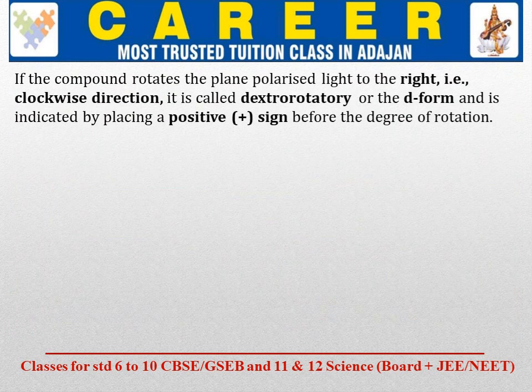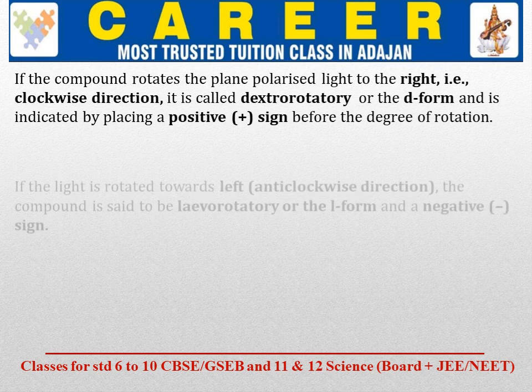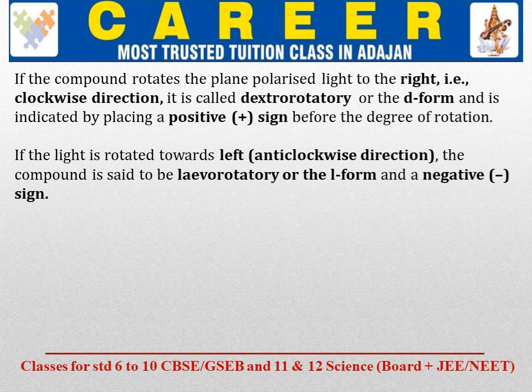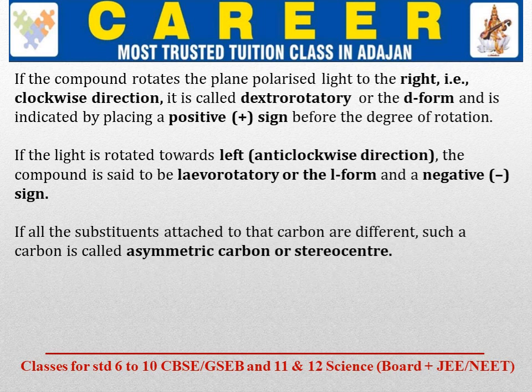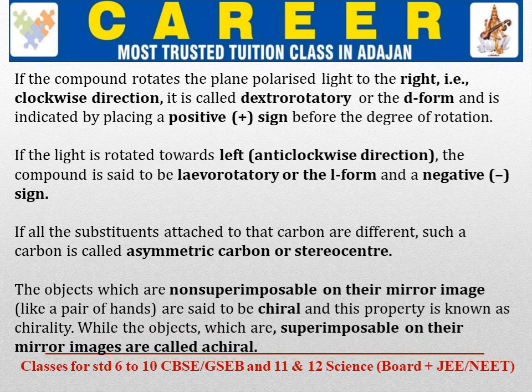If a compound rotates plane polarized light in a clockwise direction, it is called dextrorotatory, represented by D. And if a compound rotates the light in an anti-clockwise direction, then the substance is said to be levorotatory, or L form or negative form. If the substituents attached to the carbon atom are all different, it is called an asymmetric carbon or stereocenter. Objects that are non-superimposable mirror images are called chiral, and the property is known as chirality. And those which are superimposable are called